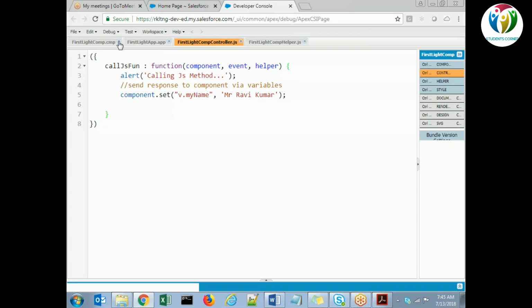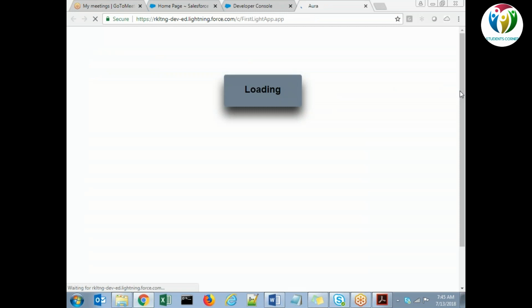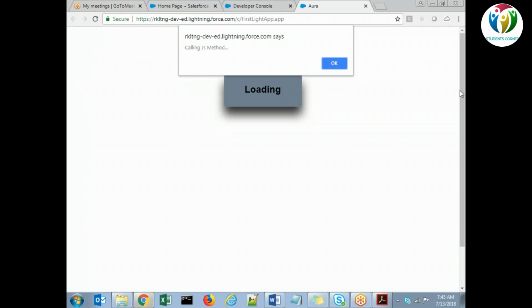For that I need to create one Apex class. Let me note down these steps to display the records. I already created the component.